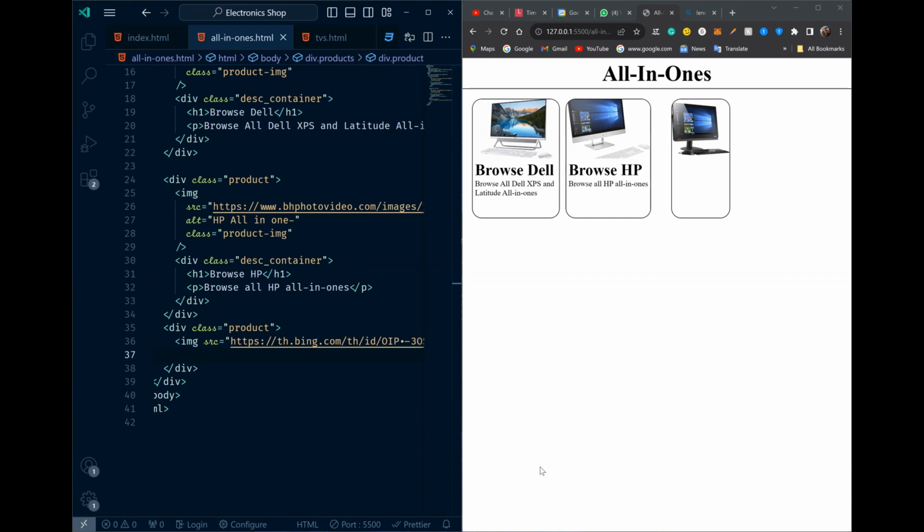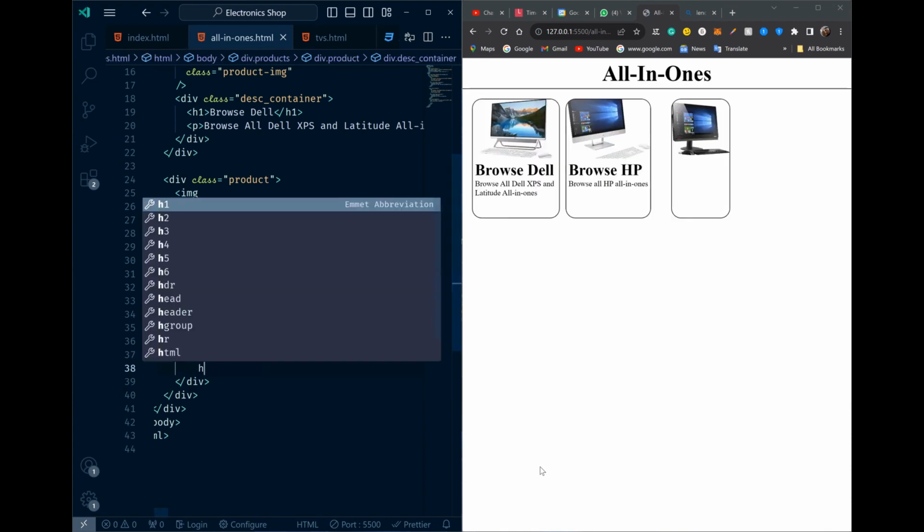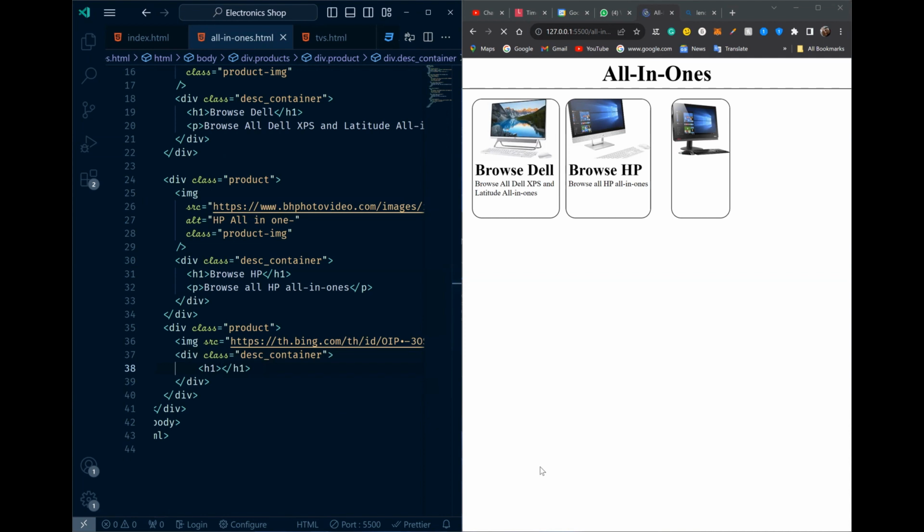And then after image, we want to write .desc. Yeah, .desc underscore container. And this is going to be the container for all of our text, right? So here we need to write an h1, and then in the h1, what we need to do is we need to write